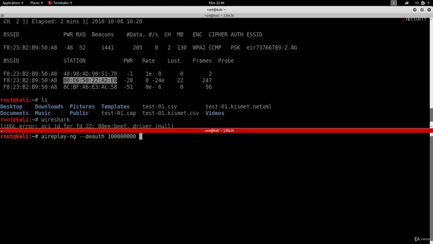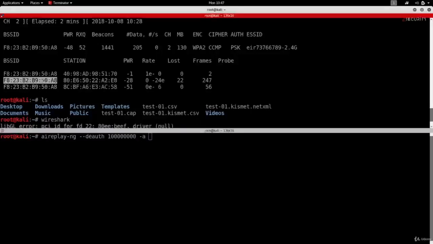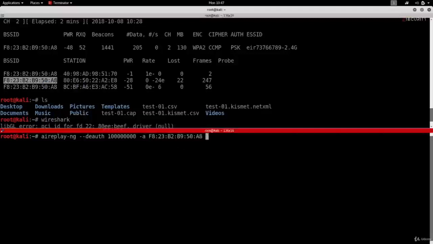Next, I'm going to give Aireplay-ng the MAC address of my target network. So I'm going to do -a and give it the MAC address, which I'm going to copy from here. Then I'm going to use -c to give it the MAC address of the client that I want to disconnect.